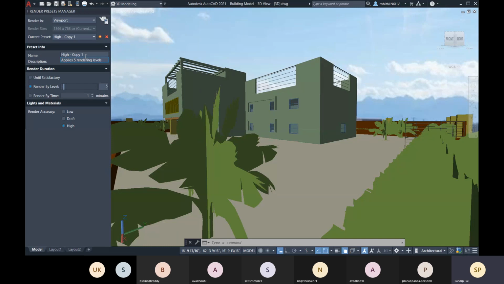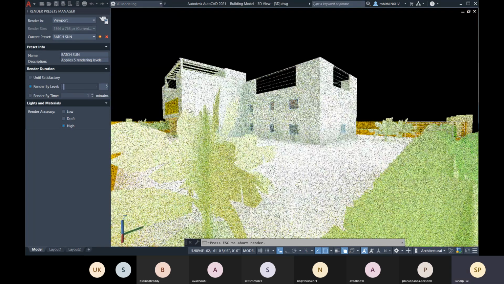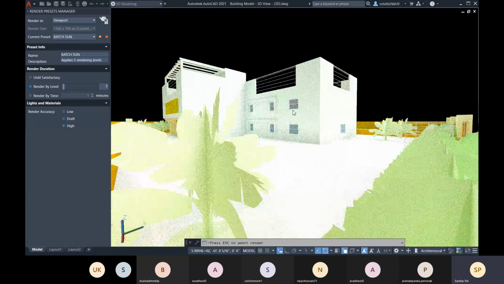Okay, so this is high copy, or you can name it as per your requirement. So let me name it batch sun. Okay, that is right now. And here you can go for render. So it's being rendered now.